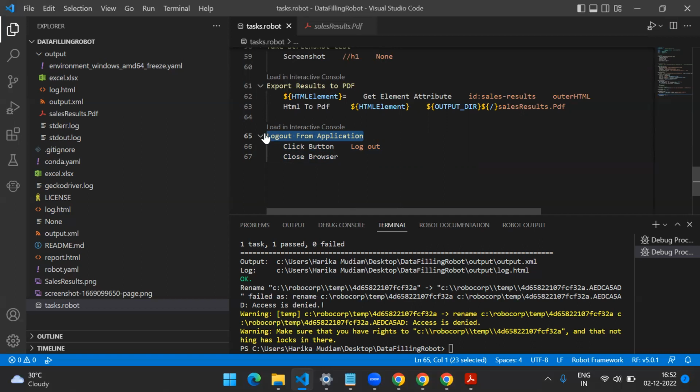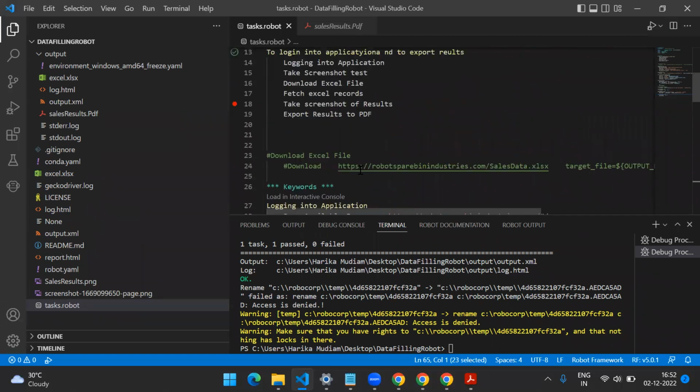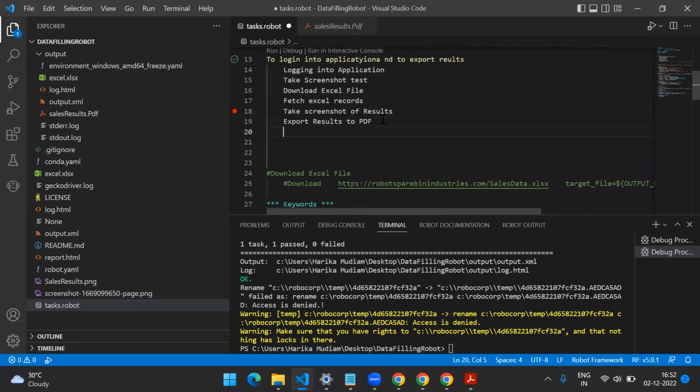Okay, so I'm going to copy this task name and keep it under the task here, and I'm going to mention,